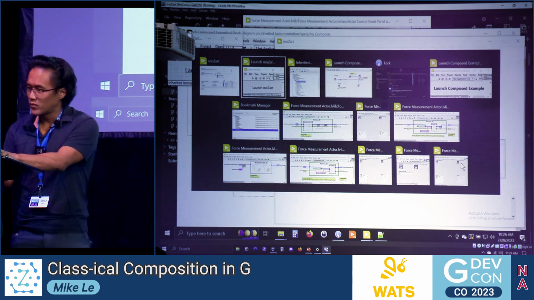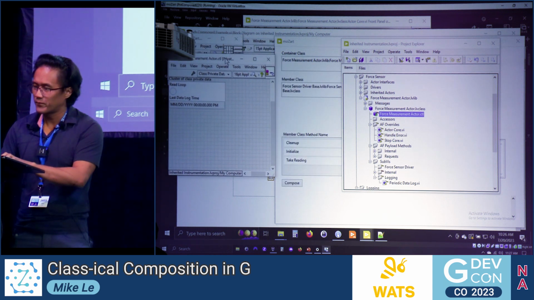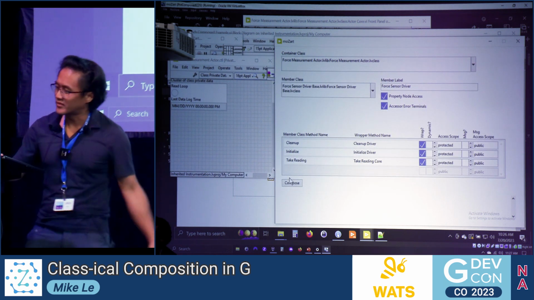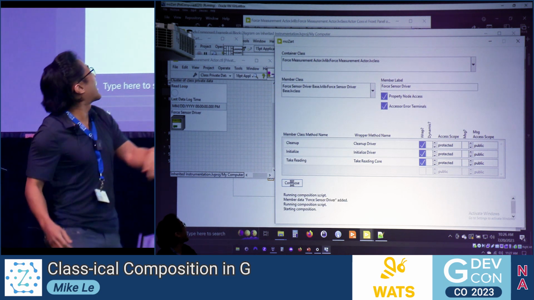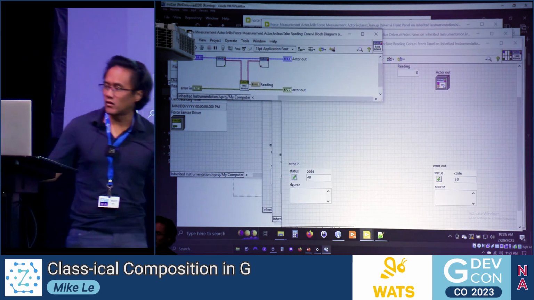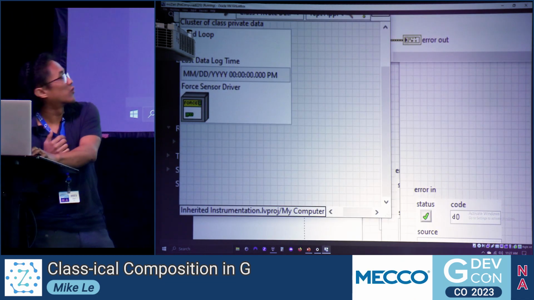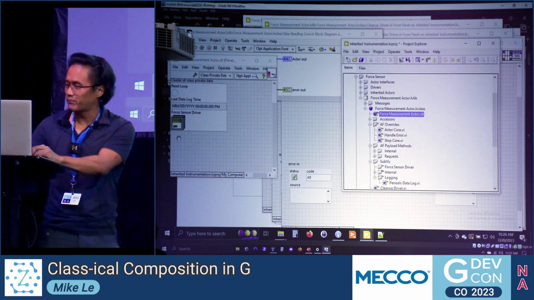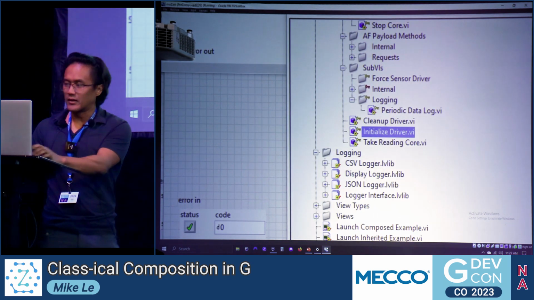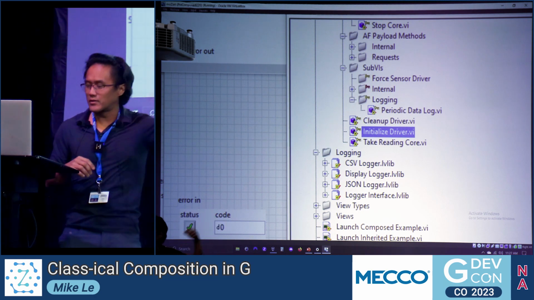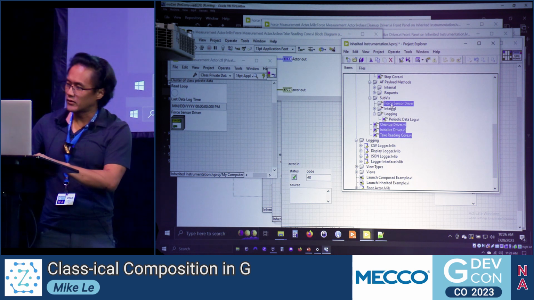Let me pull up the private data. There we go. All right, magic moment. You can see the force sensor driver got added to the data and all the methods are generated. The scripting went through and added the force sensor driver. Over in the project window, you can see that the wrapper methods got added just as I named them. I'm going to drag them into the force sensor folder.